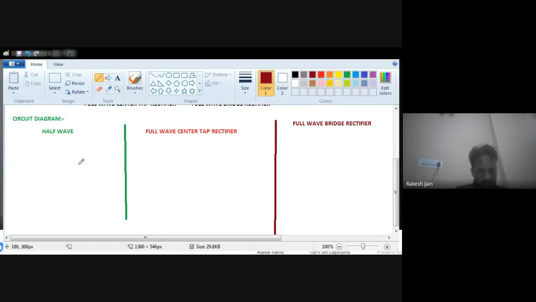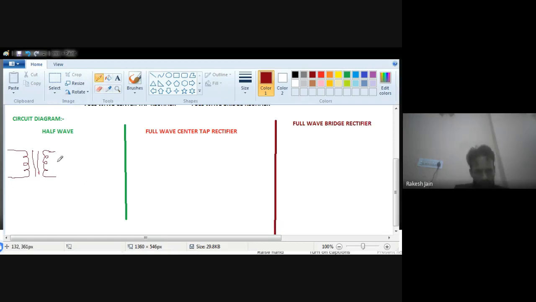The half wave rectifier needs only one diode and one transformer, a general transformer. So the circuit diagram includes the basic symbol of a transformer. This is your transformer, a general transformer, a step down transformer. It means output is lower compared with the input. So input is the general AC supply of the house, that is 230 volt AC, and output is 9 volt, 5 volt, or 12 volt, any one.